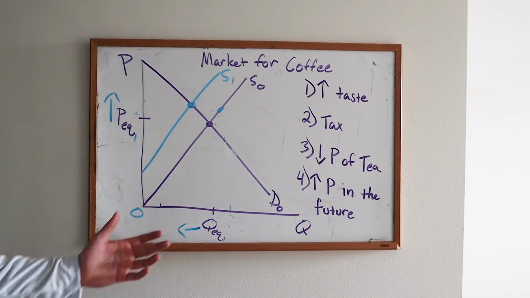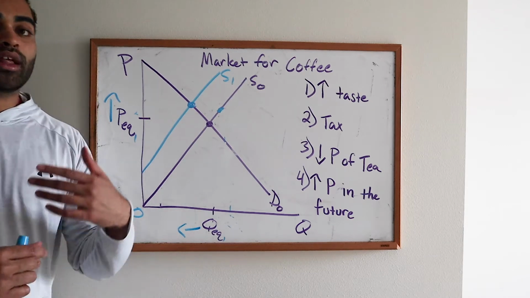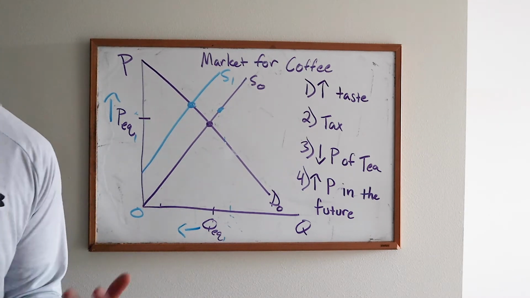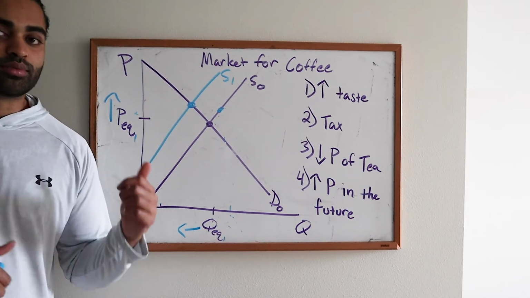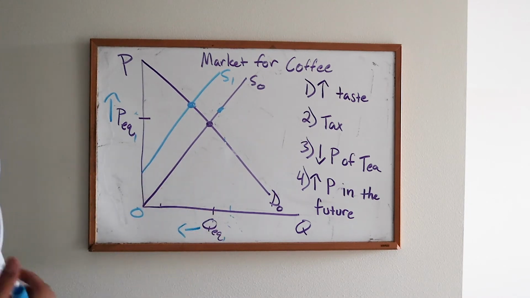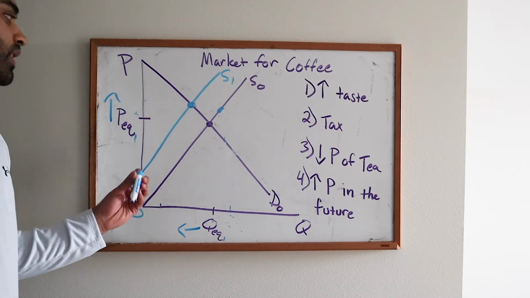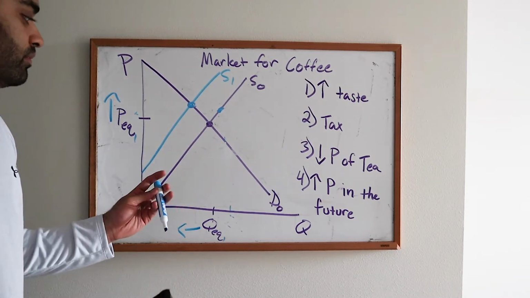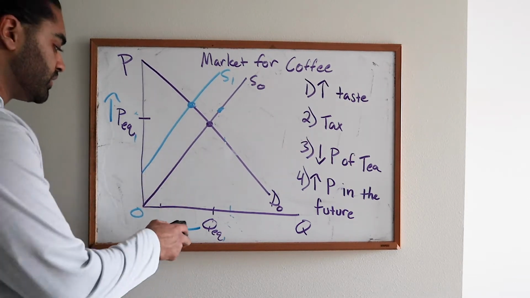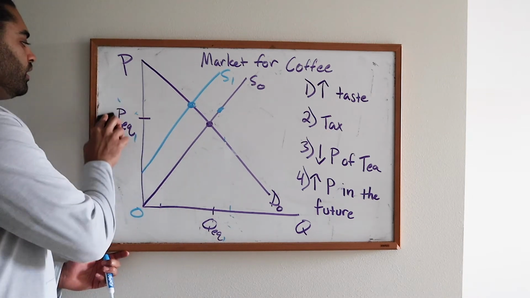So again, you should be able to determine what happens to this curve and then what happens to your equilibrium point specifically. Does price increase? Does price decrease? Does quantity increase? Does quantity decrease? So this is a big portion of economics, being able to understand the intuition behind this and implementing the correct shifts. Okay,